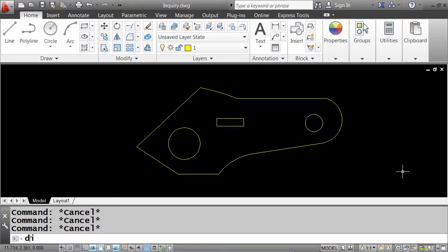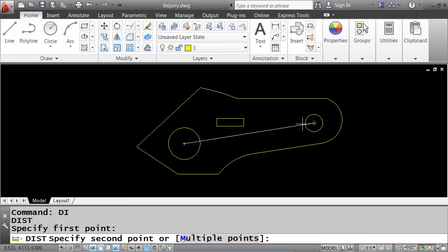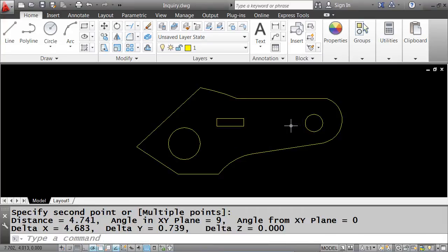First of all, I'm just going to type in DI for distance. I find that to be the easiest for me instead of going through the menus. So what's the distance from the center of the large circle to the center of the small circle? And that distance is